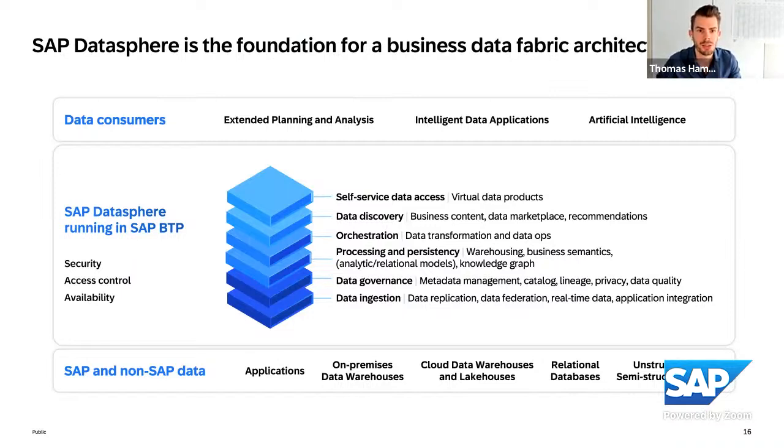Followed by data governance, so all about data lineage, understanding where data is coming from, how it's being used, how it's being promoted via a catalog, for instance, ensuring, again, data privacy, and making sure that data quality is accurate. That's all part of the so-called block of data governance with SAP Datasphere, followed by various possibilities for processing